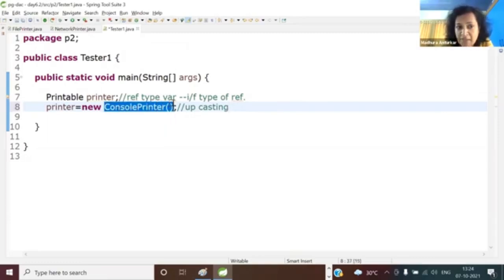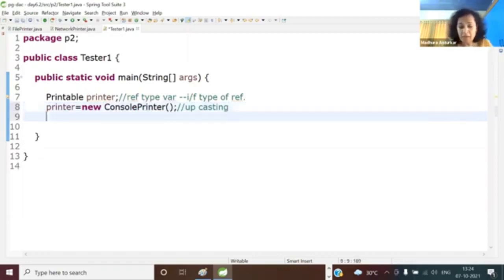Can I say every console printer is printable? Yes, because it has got the print method implemented. So this works perfectly. Okay. And when I say printer dot print,